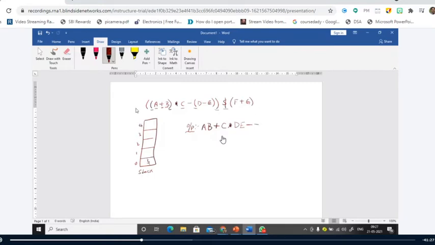So since the stack is empty, you just perform a push operation. Again, you have come across another token, open parenthesis. When it is open parenthesis, you just push it onto the stack, and then F, since it is operand, place it in the output, and again we have plus and push it onto the stack. Again we have G, since it is operand, place it in the output, and then you come across the last token, which is the closed parenthesis. So when it is a closed parenthesis, you have to pop the elements from the stack until you come across a matching parenthesis, and you remove the open parenthesis from it.